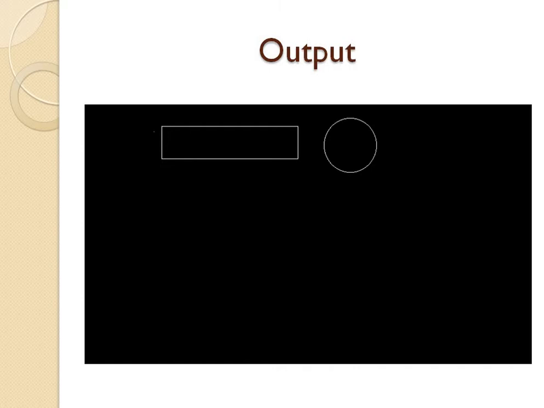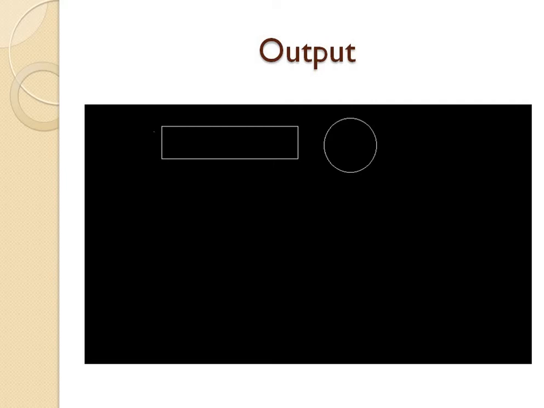While working in the C programming language, the default output mode is the text mode. To draw graphics objects on the screen, the display mode must be changed from text mode to graphics mode. So the default mode is text mode, but when we draw graphics objects, we convert this text mode into graphics mode.